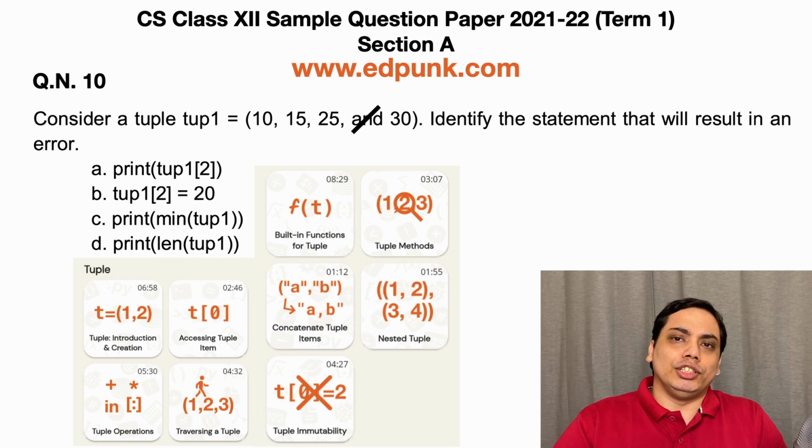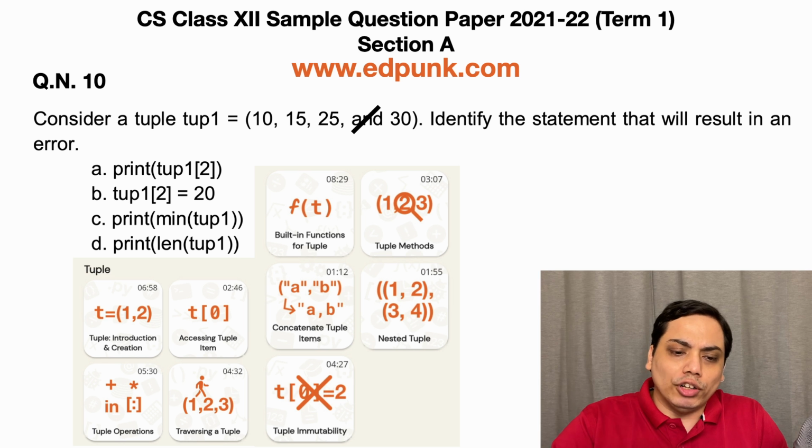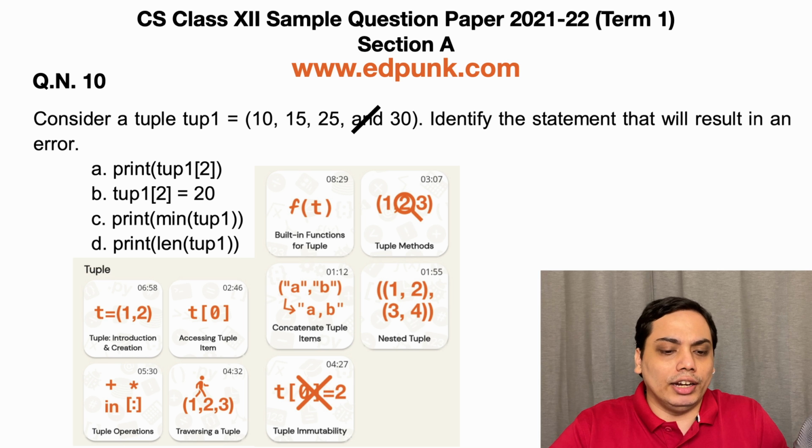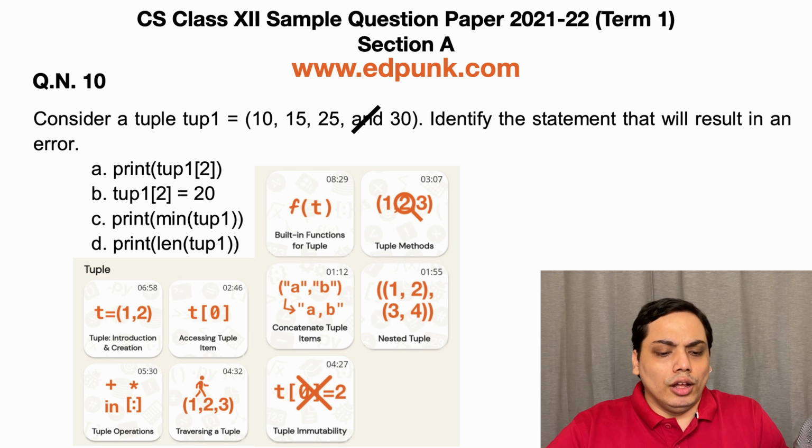So this question actually tests the various concepts of tuple, and you can check out some of the videos which discuss these concepts in detail. So we have the concept of accessing a tuple item, assigning a tuple item, and built-in functions for a tuple. So the first option accesses and prints the item at index 2, which will execute without any error.